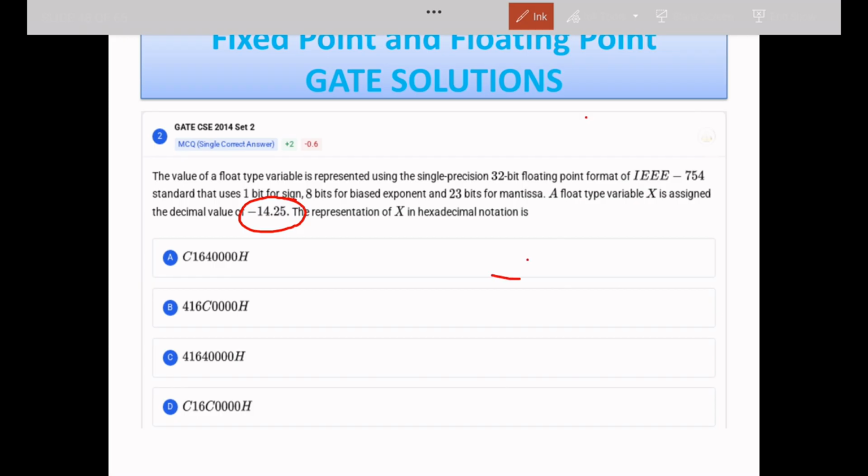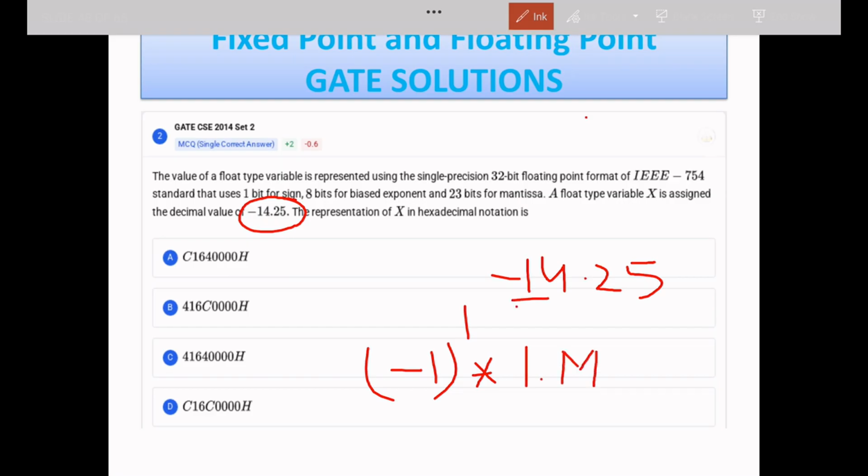So he is asking -14.25. This time your value is (-1)^1 because this is negative, times 1.mantissa. How to find the mantissa? Convert this 14 to binary, and convert this 25 to binary. This is also single precision, so you will take the